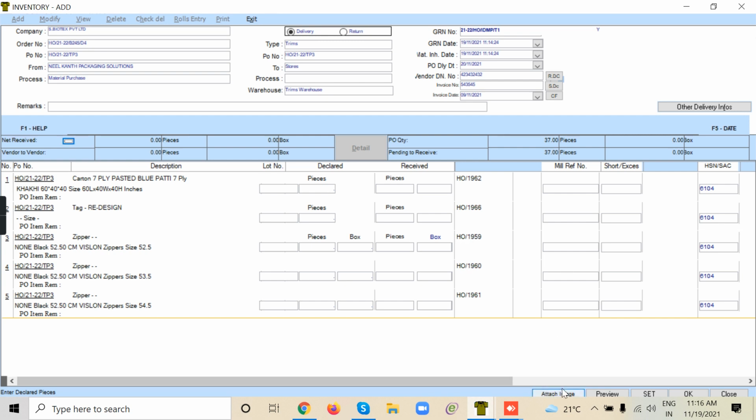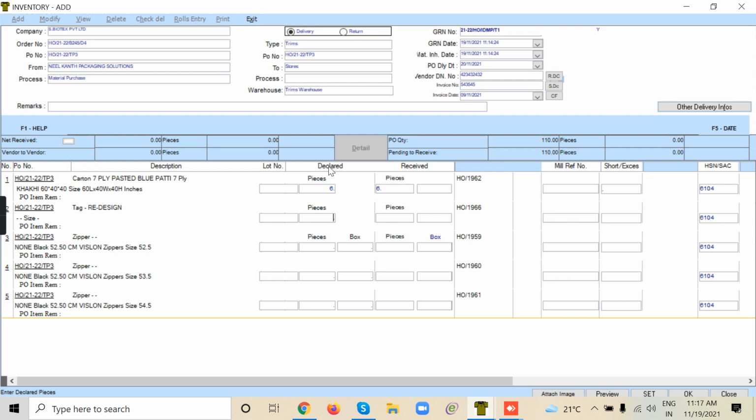At the bottom, you can see set button. Set button means as per PO quantity, you have received everything, that quantity will get set. It means the quantity we are asking from him, he has already given that quantity. So after clicking set button, it automatically enters over there. What is there in the PO, that quantity will set here. Let's say if everything has arrived, then just by clicking it, it will come automatically. But if it is less or more, then we have to enter it.